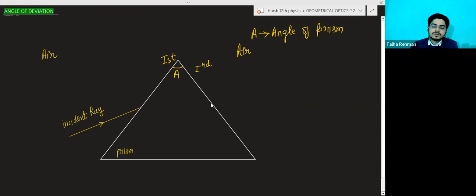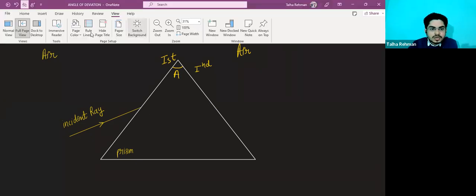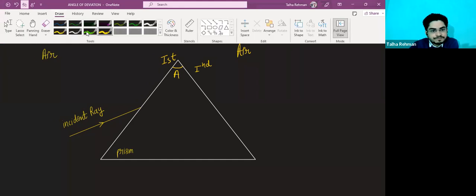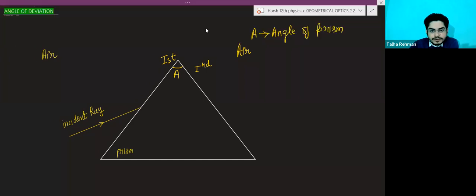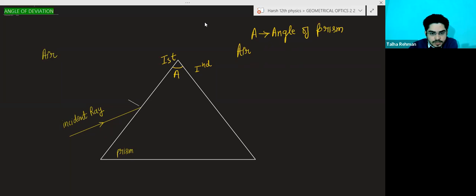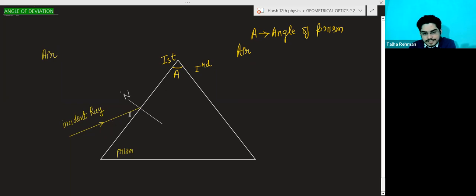Second surface. Now this is an incident ray. For showing the refraction, we will draw a normal. This is a normal, suppose. Now you can see this is the incident ray, and this incident ray is going